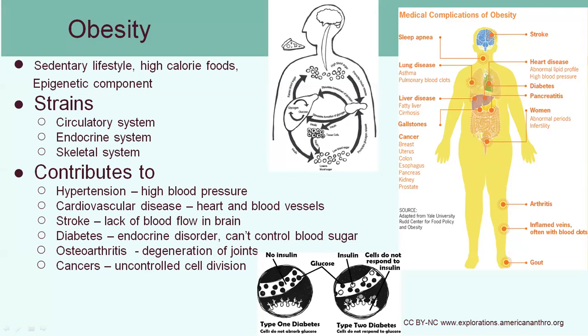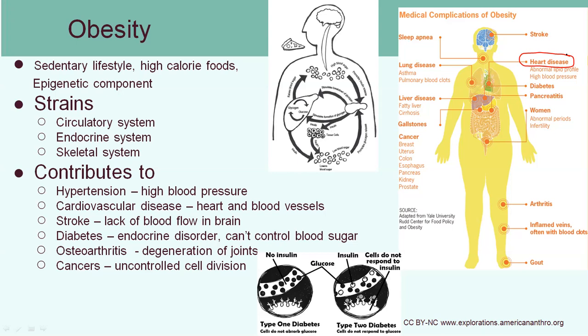So what happens to a person who's obese? On the right, you can see a whole list of different possible consequences. So we know it impacts your circulatory system, specifically the heart is very much impacted, and heart disease is the number one killer in the United States. So definitely something to consider. It takes time for this to develop. It doesn't happen overnight. It's after years and years of poor diet and overweight or obesity.